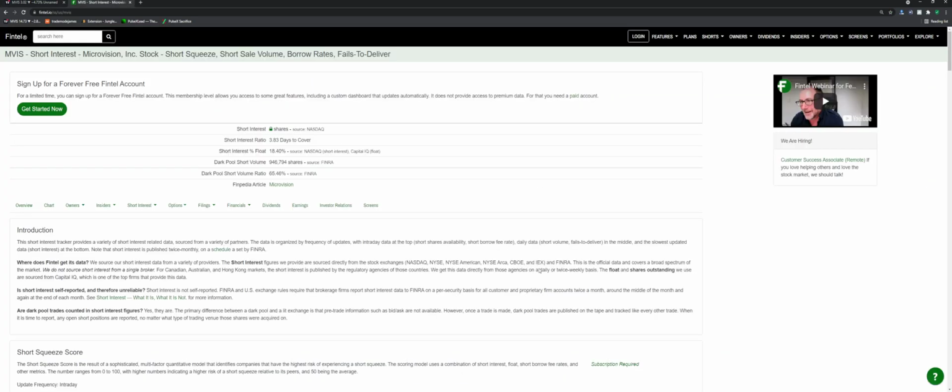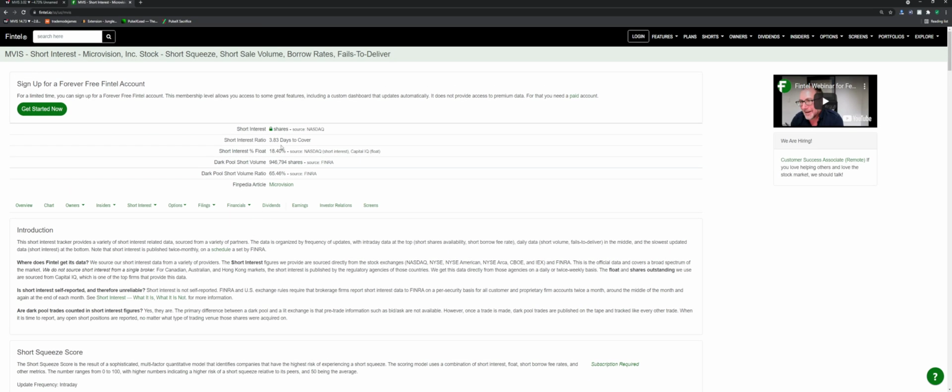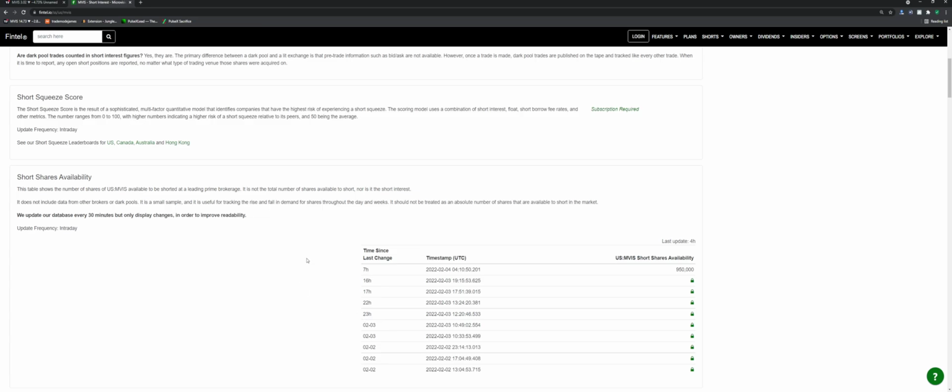Short interest right now on Mavis, 950,000 on Fintel. Dark pool short volume ratio 65.46%, and the short interest of the float is about 18.4%. So we have about 4 days till the shorts cover. It's the same story every day. There's no difference here. A couple days ago when we had that breakout, we had like 3 million available,